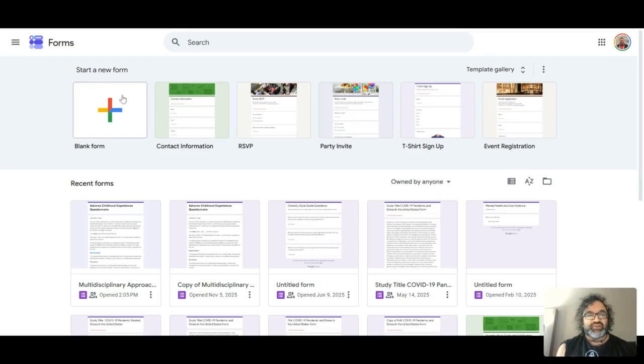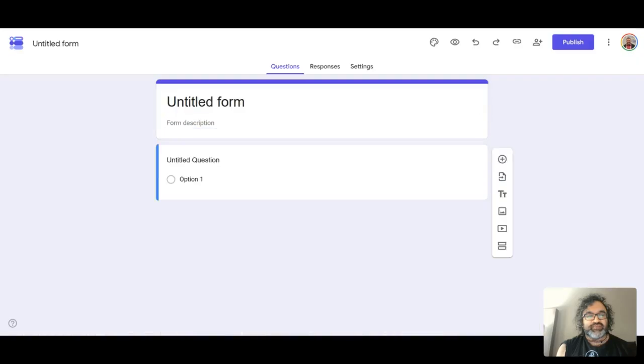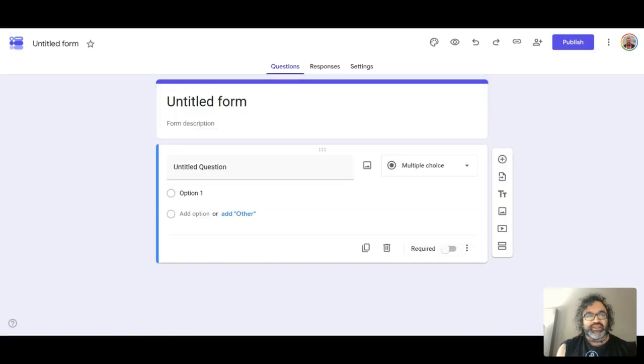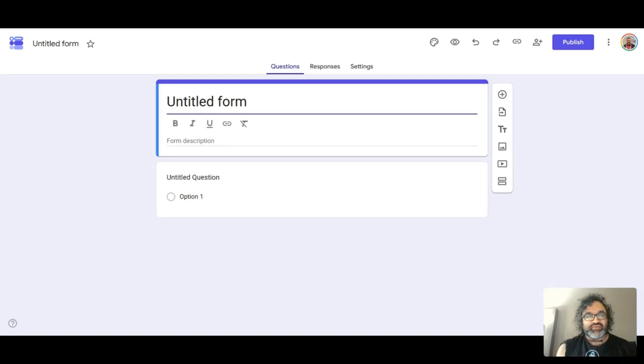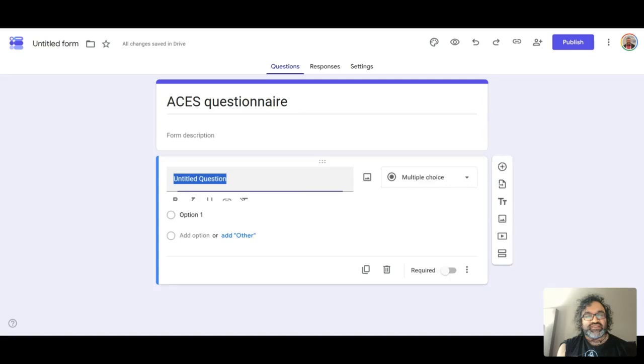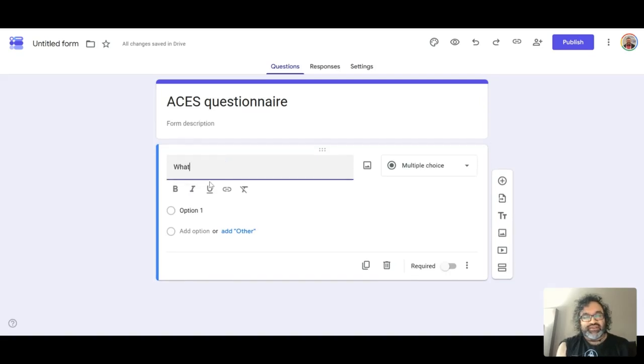So if you want to start off with a blank form, you just click on blank form, and this is where we had the ACEs questionnaire. Just to save time, I'm just going to type this up, and you could do it in the form description. You can put in all of the information that I put in, the phone number of the primary investigator, the principal investigator, and whatnot. So here's the untitled question, and you can say what is your age, and